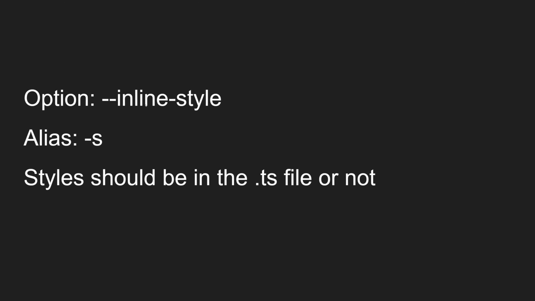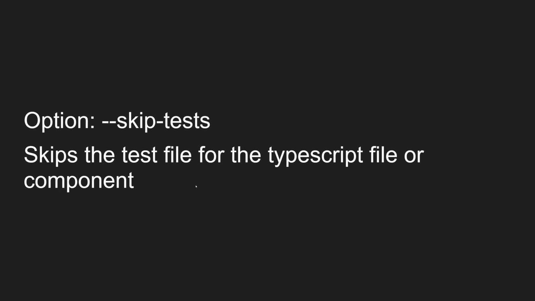And another option is --style. The shorthand notation for this one is -s. What this one will do is, the same scenario for writing the style CSS as we have for the HTML template. For writing the styles also there is a separate style file, whether it may be a CSS or SASS file depending on the configuration you have created. Now if you don't want that separate style file for every component you are creating, you can mention inline-style so that the separate style file will not be created, and you can write the styles in the TS file. That's the inline style.